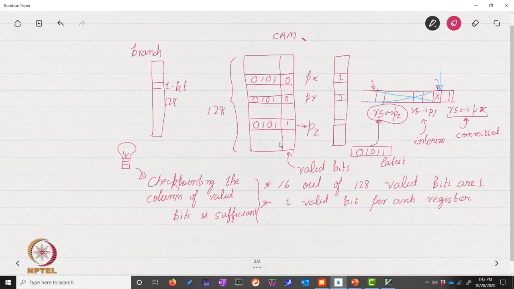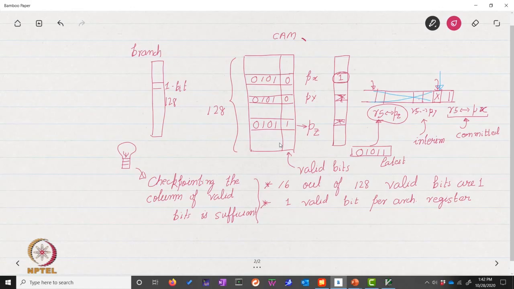So let me put a cross because the mapping doesn't really matter. So when we restore the mapping for this branch and we start our execution from here, we will restore this entry as the valid bit for